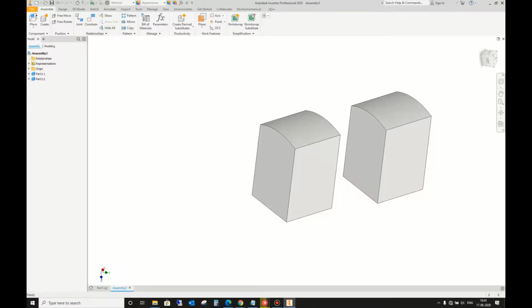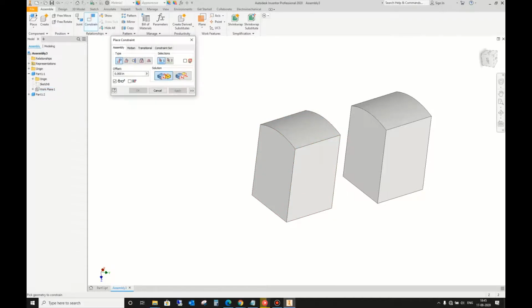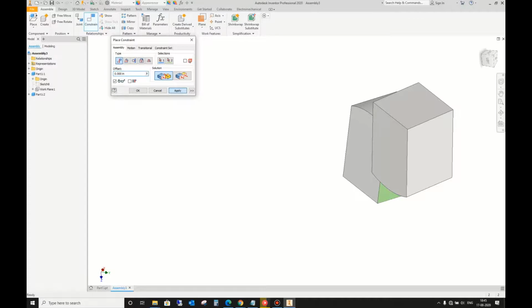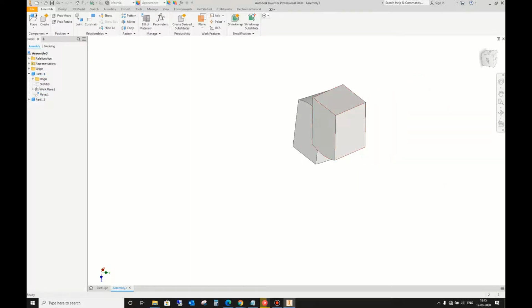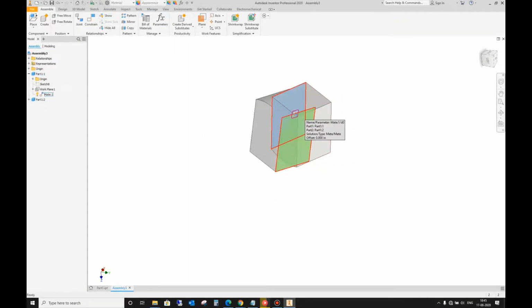So when we give constraints, the constraint will get listed here below each part, so that we can see which constraint is given related to which part. But if you want to see all the constraints in the assembly here, just click on show all, click on that part. Now you can see a constraint here. When you move your cursor on that constraint image, you will see that it will highlight the constraint between these two objects. If you want to hide this constraint, you will click on hide all.